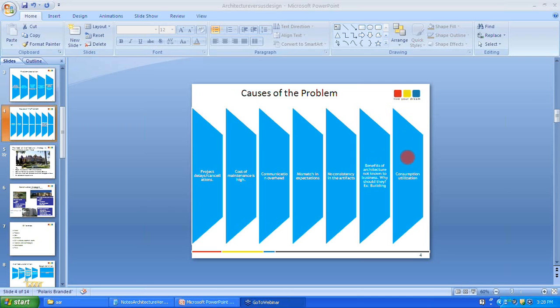And then finally, the consumption and utilization. When you're creating the architecture and the design documents, are these documents being effectively consumed and utilized by the people or not? That's extremely important. If you don't utilize it, what's the point? So far, fundamentally, we looked at the problem statement, the architecture and design buzzwords, and then in slide 3 the details about the expanded problem, and the impact of this problem in terms of cost, project delays or cancellations. Now,